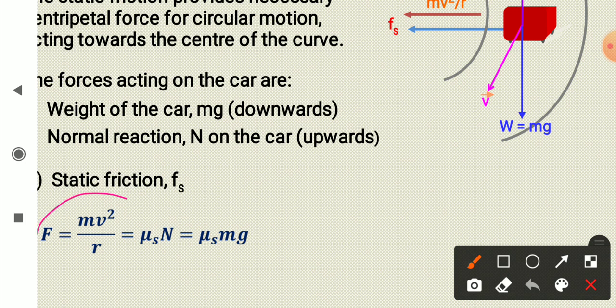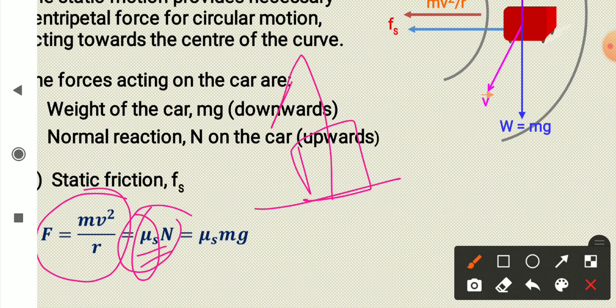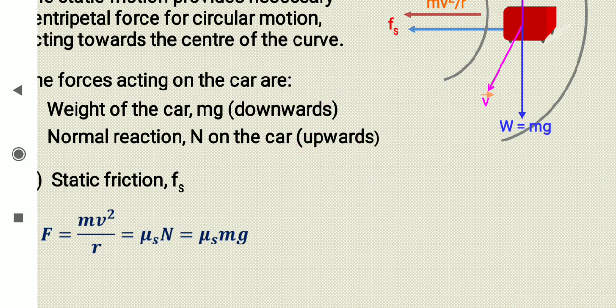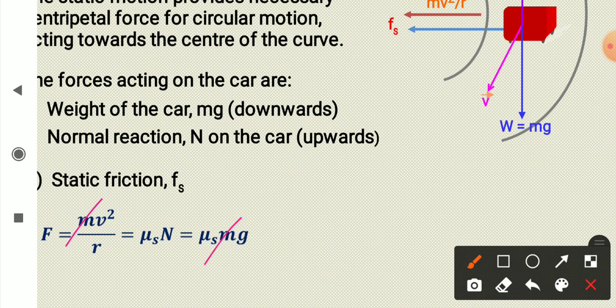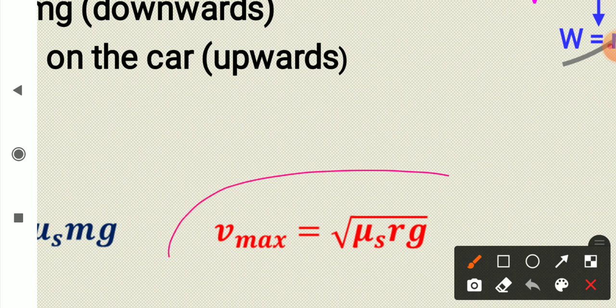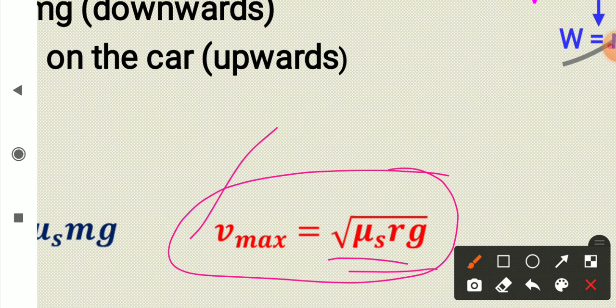force. So centripetal force F is equal to mv square upon r and the frictional force is mu n. So mu s, coefficient of static friction, and n is equal to mg. The normal reaction is upwards, weight is downwards, and this normal reaction is balancing the weight mg. So from here you see m is cancelled on both the sides and you just change the side, take this r to the right side and square root. The maximum possible velocity on this circular turn will be under root mu s rg.